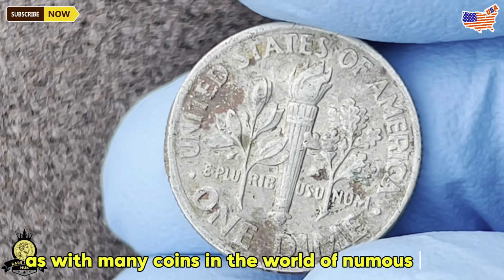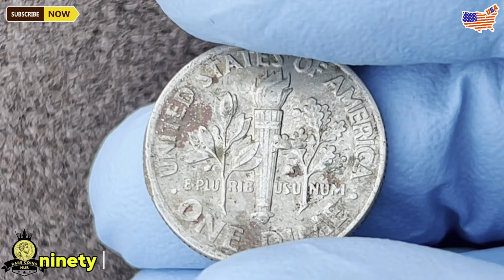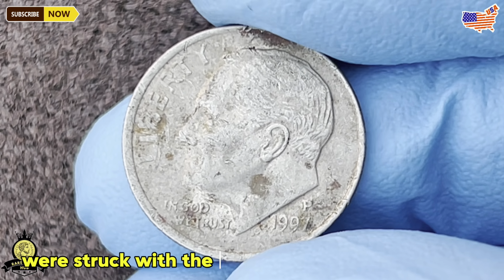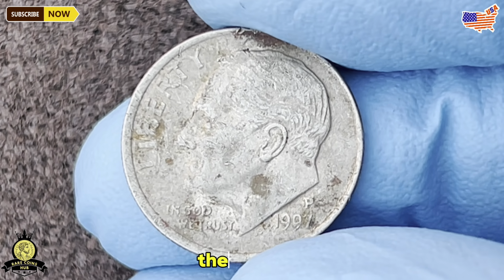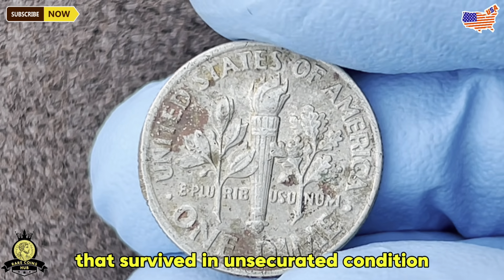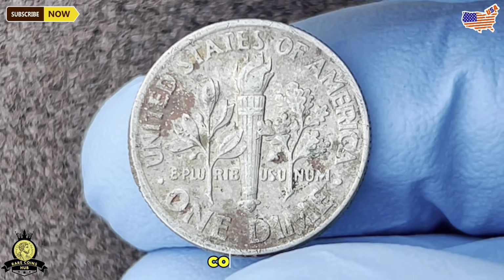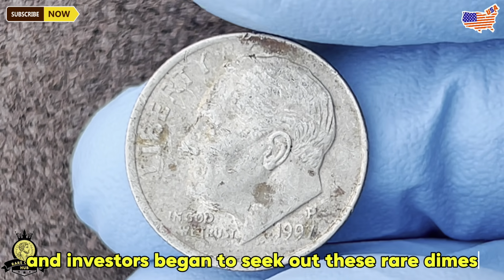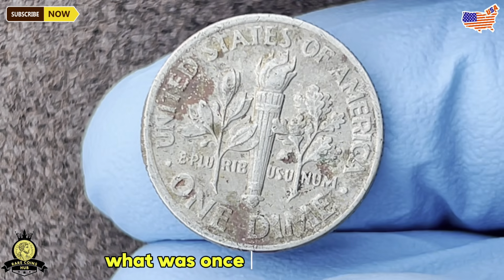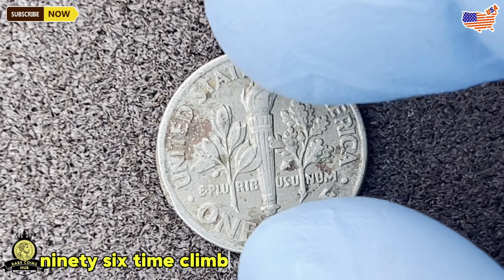As with many coins in the world of numismatics, rarity is the key to a coin's worth. The 1996 dime was produced in large quantities, but only a small number of these coins were struck with the errors that collectors desired. These errors, coupled with the relatively low number of dimes that survived in uncirculated condition, created a market where the value of certain 1996 dimes skyrocketed. As collectors and investors began to seek out these rare dimes, the price of the 1996 dime began to rise. What was once a 10-cent piece became a valuable commodity, with the price of a rare 1996 dime climbing to